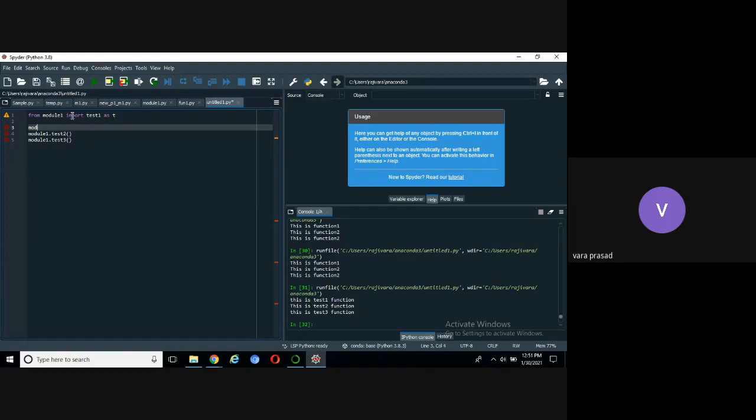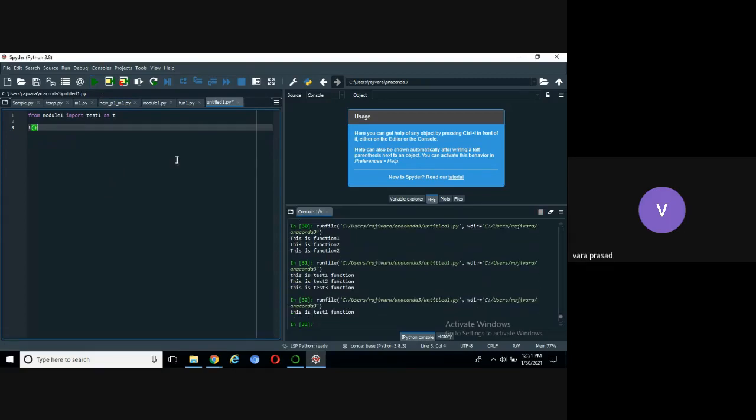That means you're asking, can we create a shortcut for the objects? Yes, sir. Actually, I did not try in this way. Okay, sir.